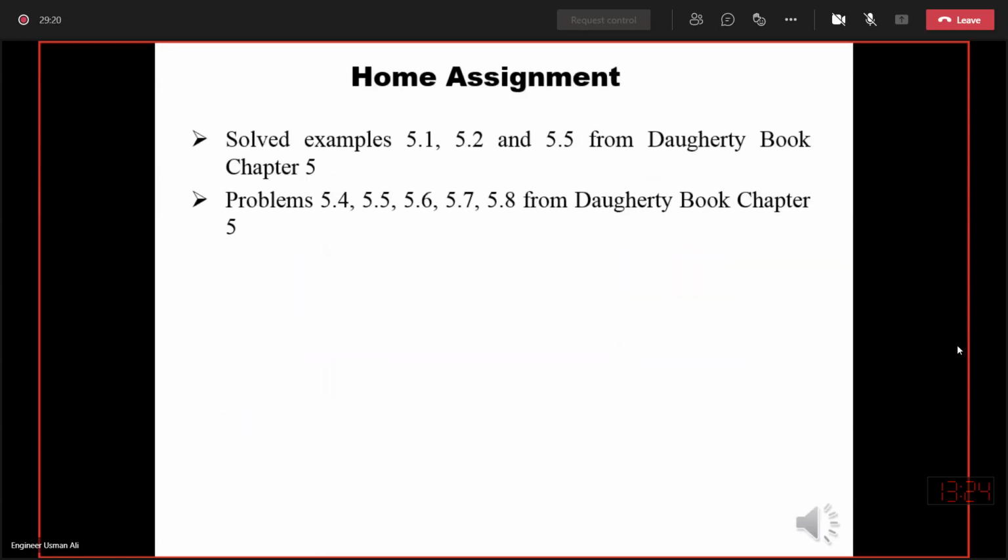You are given one assignment to be submitted, so you still have one week to do it. So complete it, save it with your roll number, and you can WhatsApp it to Engineer Sohail, whose number is available in the WhatsApp group, one of the admins. So you can send the assignment to him. I will later convey to him to check the assignments.